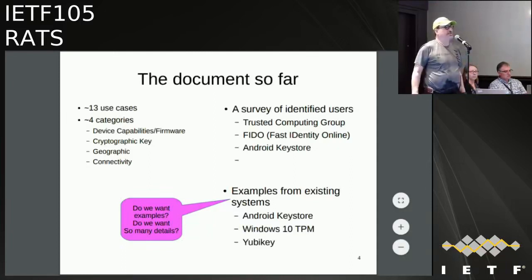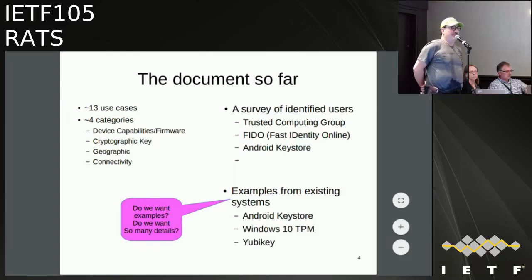Roman Danyliw as an individual. So you mentioned that those entities have expressed interest to use this. Did you mean the protocol that ultimately the working group will develop, or did you mean that they actually want the use case document? Because I know we kind of talked about. No, I don't think they care. I don't know if they care about the use case document, although I think I heard from people from all of those places about use cases. So that's a good point.